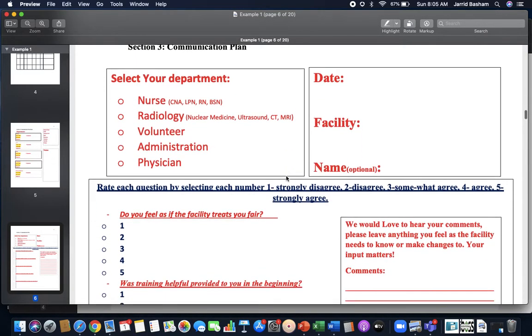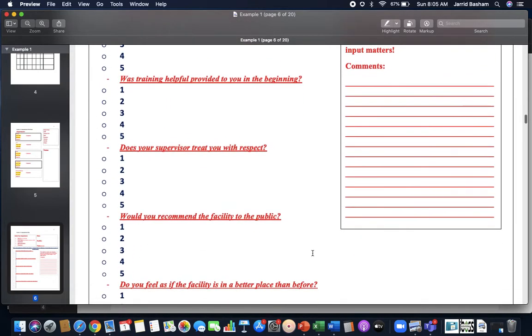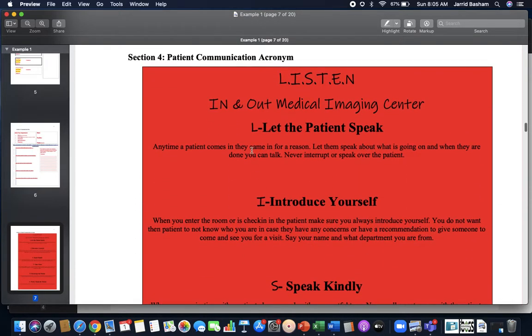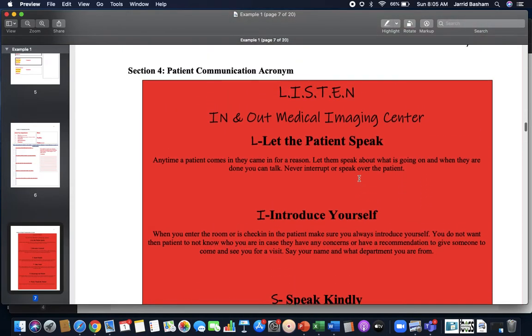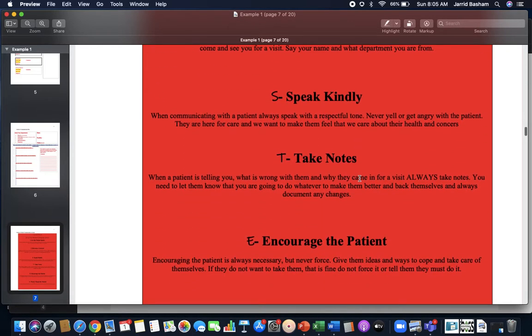So, communication plan: select your department, date, facility. She asked questions here about different things. The patient communication acronym, I could go in and click into it. This is a PDF now, because I saved it as a PDF, but whenever it comes across to me as a Word document, I should be able to click in and change things around or look at that. Now be very